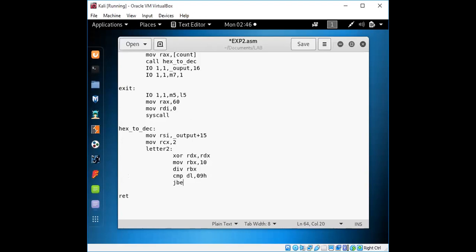If it is not, then we can do it directly, or we can display the direct value for this. Else, we need to call one more procedure, that is adding 30H. Right? Add DL comma 30H.